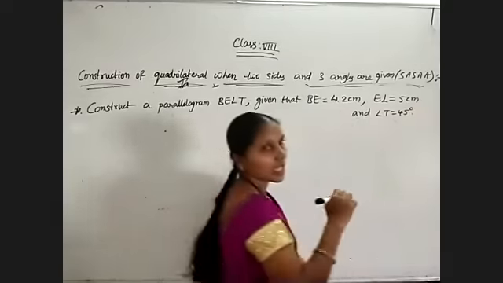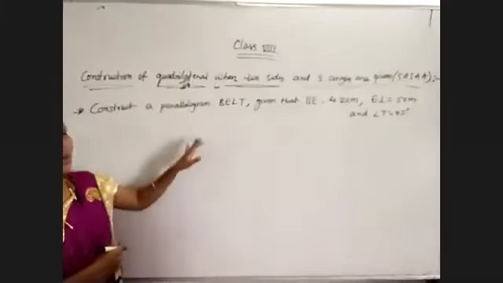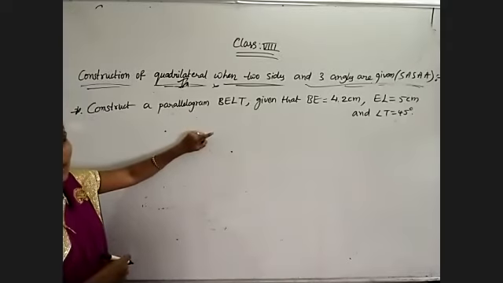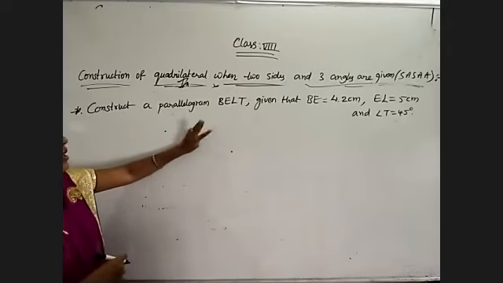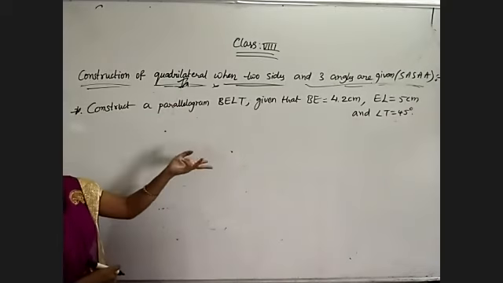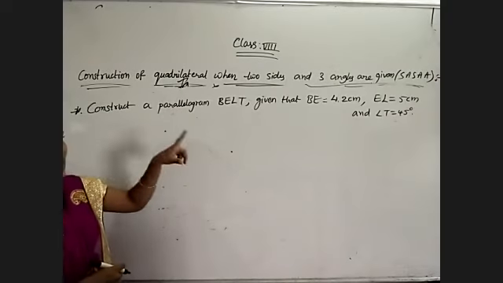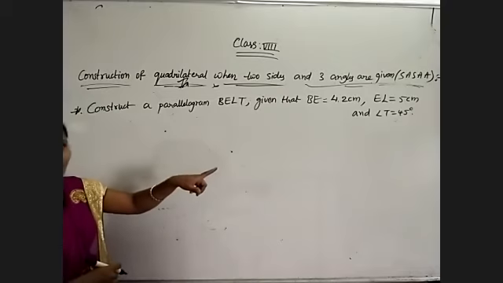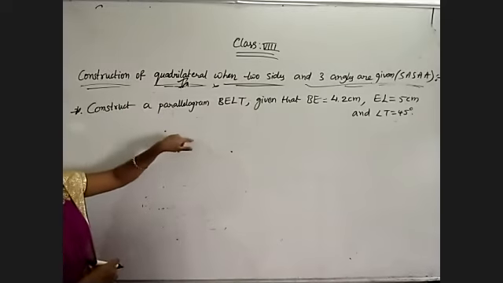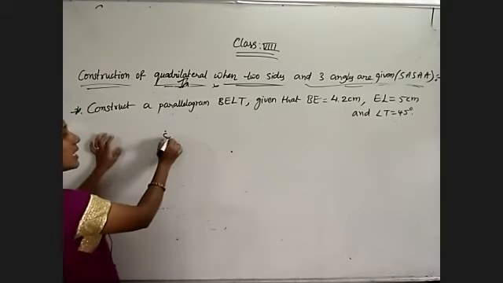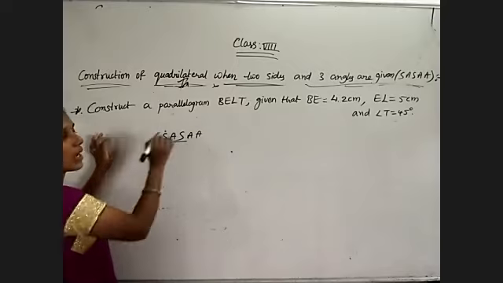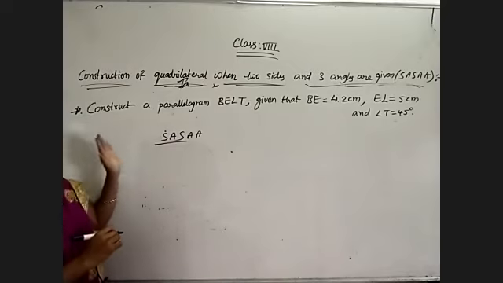So just now we did this question. Once again I am explaining. BE and EL, two sides given, only one angle is given. Only three measurements are shown in this question. But because they have mentioned it is a parallelogram, we can find out the remaining two also. Which remaining two do we want, either sides or angles? Only one angle is there, so we are taking this as the example for side, angle, side. Only three values we have. So find out the remaining two angles also by using the properties of parallelogram.